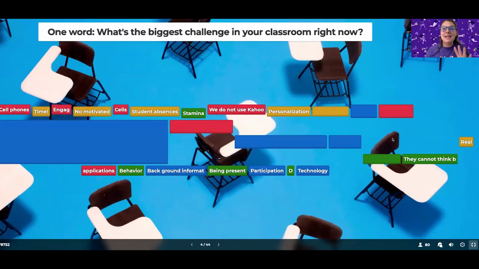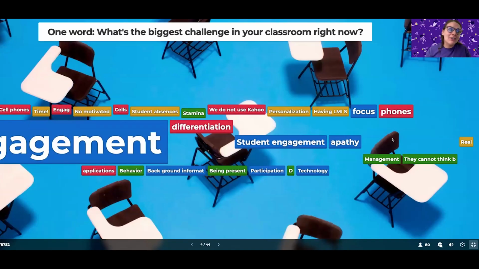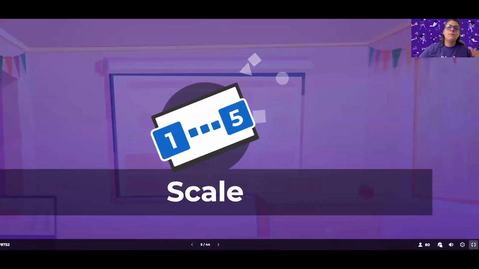And it seems to be the biggest representation and challenge for us so far. Engagement, along with behavior, students being present, participation, how to manage students being on their phone, et cetera, kind of keeping students' attention, agree. And we'll talk about where the tools fit in to address those experiences.